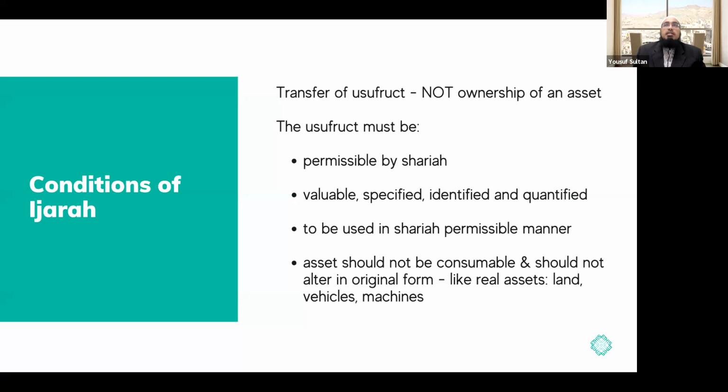But let's say the car is being used for something Sharia non-permissible. Or forget about the car, let's take a house rent, for example. Any house by default is permissible, so the usufruct is supposedly also permissible. However, we need to see what the house is used for. Is it used for a conventional bank, a conventional financial institution, a wine factory, or something else which is deemed impermissible in Sharia? If that's the case, then we will say the usufruct is not permissible. So the usufruct needs to be permissible by Sharia.